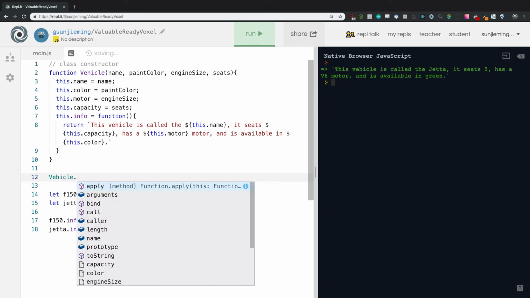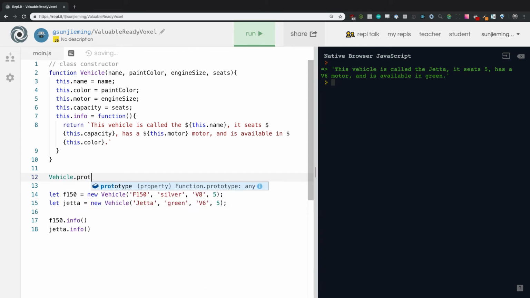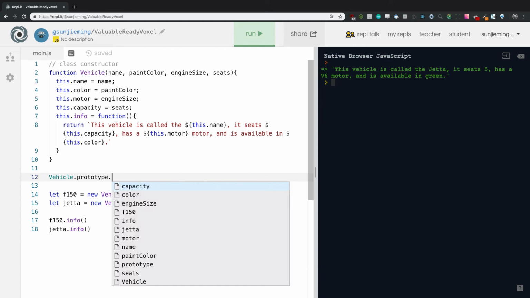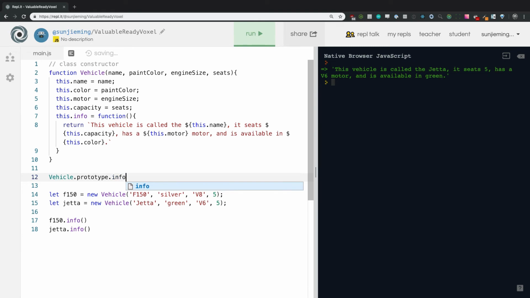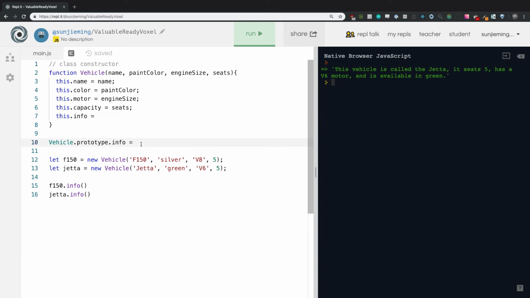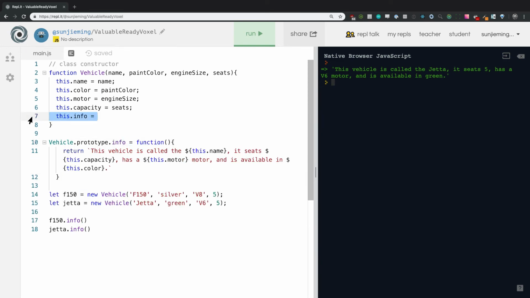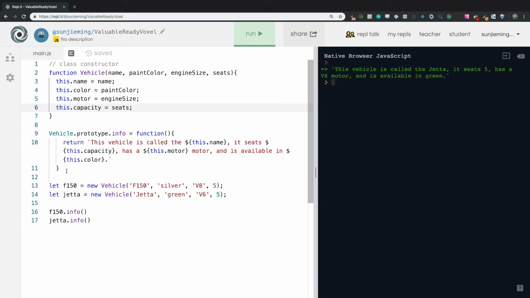We say dot prototype. And then we give it another dot and we'll say info. And we'll just cut and paste this, and remove that completely. So now what's happening is